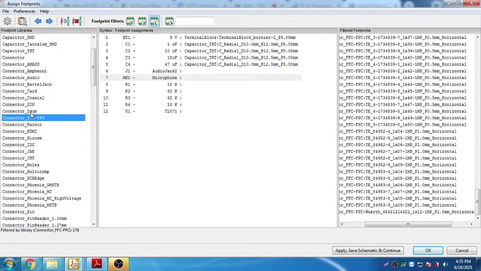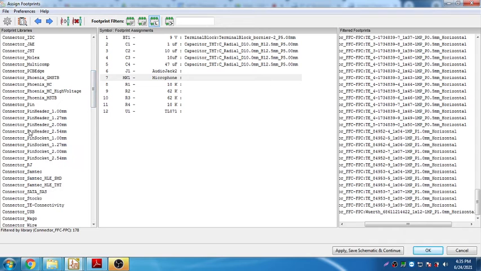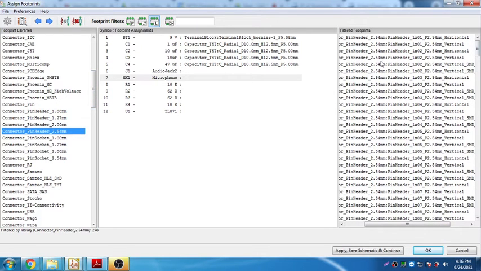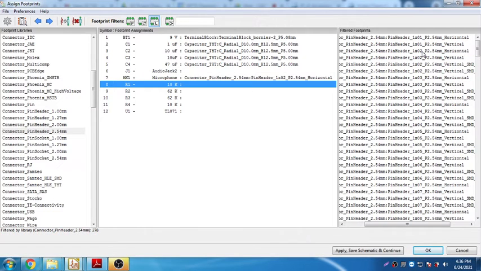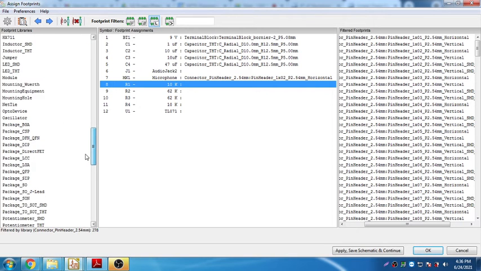So probably you can find it here in some connectors. Okay, you have a connector here, connector header 2.54 mm. This is better. So connector header 2.54 mm. This connector header I'll use for the time being. So I will assign here microphone, this one 1 cross 2. Okay, then 10k resistors. Under resistors you choose